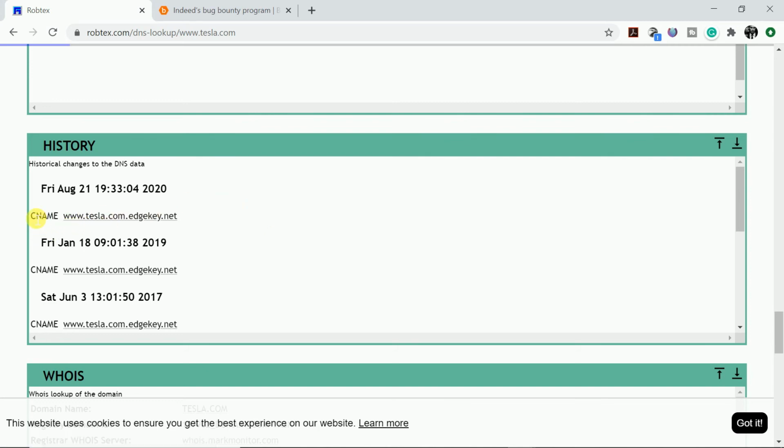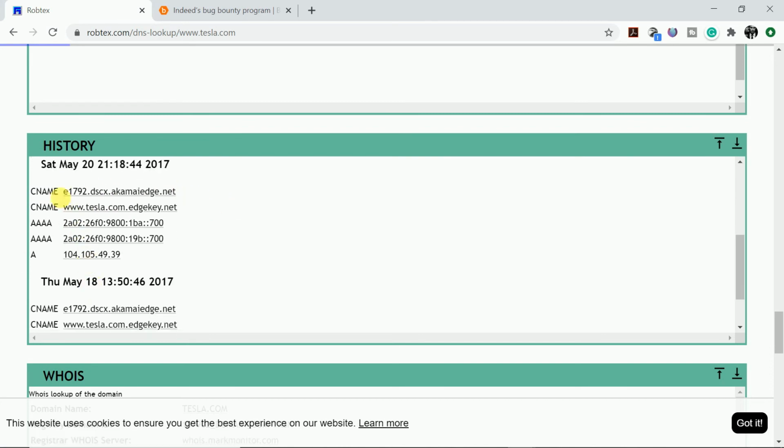Now here you can see that for the CNAME it is www.tesla.com.sk.net. So that one is for the subdomain of tesla.com, and another CNAME, and here we have 4 AAAA records. Can you identify what it is? It's an IPv6 address, and for the A records here we have IPv4 addresses, as I have told you earlier. Remember what was the difference between the A record and the AAAA record? It's the same thing. The only difference is this one points to an IPv6 address, and this one points to an IPv4 address. Okay,